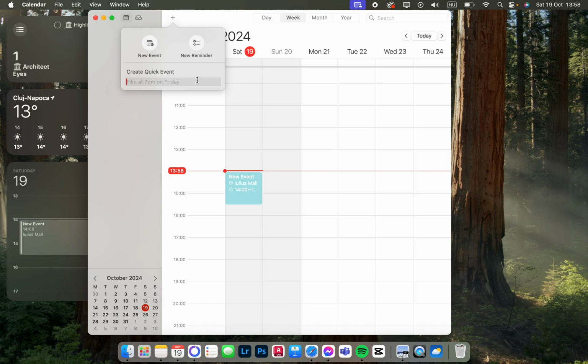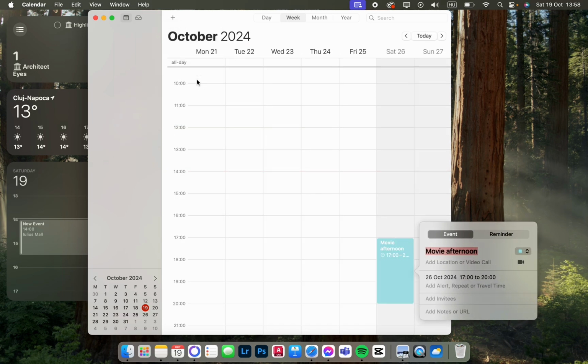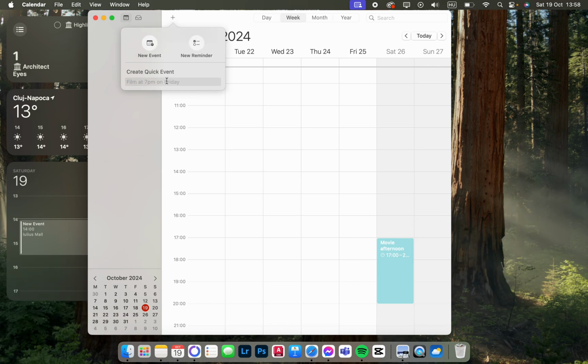Let's say movie on Saturday afternoon 5 to 8, and then it's going to add this new event, or we can create a more precise description: